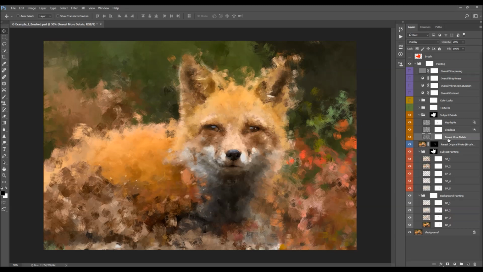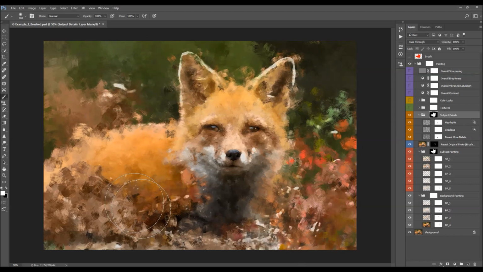And last we got here is the reveal more details layer. So I'm just gonna set it like this, and I'm gonna remove this highlight. Alright, so as I already mentioned, you can select these layer mask here and brush with the black if you wish to remove these details over any area, or if you wish to reveal the subject details on additional layers, you can just brush with the white color, just like that. Okay,